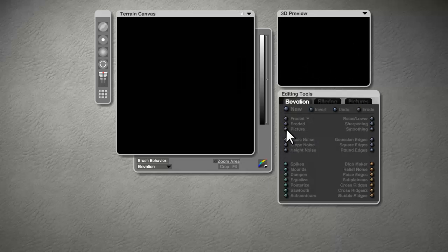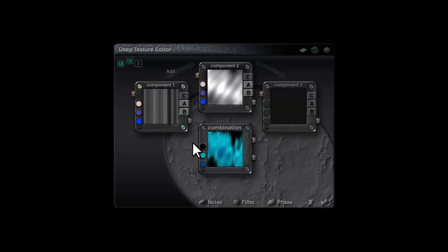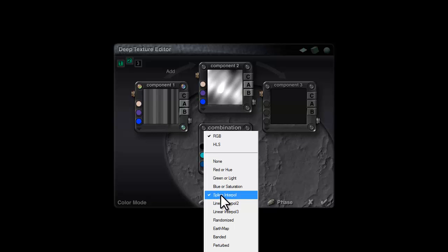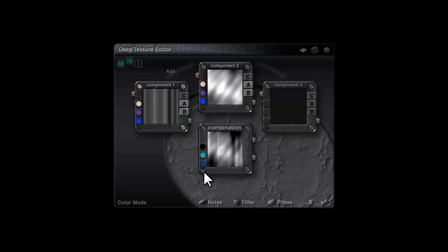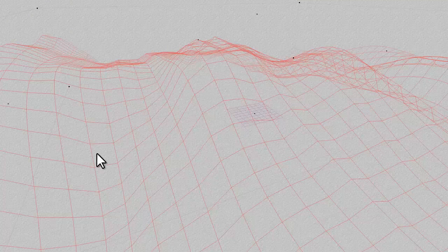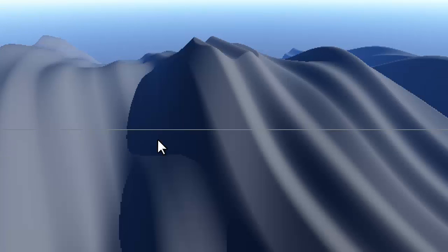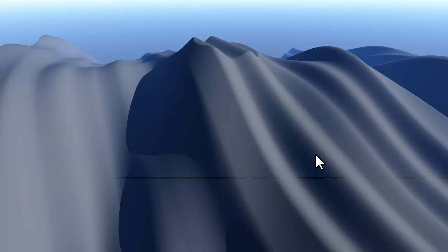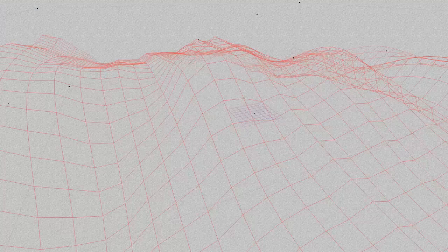So if I go back in there, hold the shift key down, the reason that this didn't output a grayscale height map is because we've got a color component on the output. So that needs to be set to none there, then you can see the grayscale height map, and then when you check out it's generated, and we'll check out of here and just have a quick look. So that's super, and you can see how smooth that is, and the reason for that is that the deep texture editor generates 16-bit grayscale height maps, which is excellent, so you get very good results when you finish, and